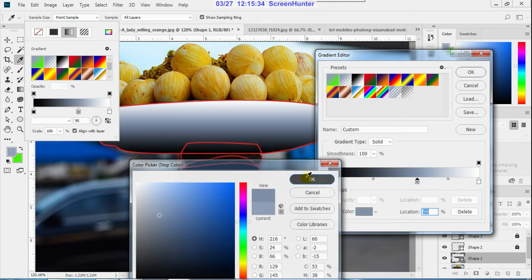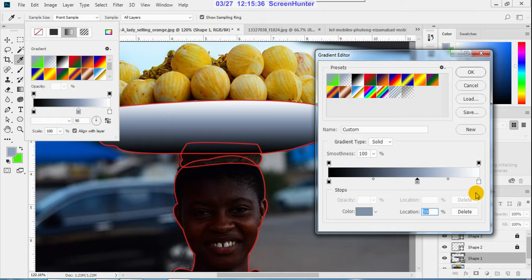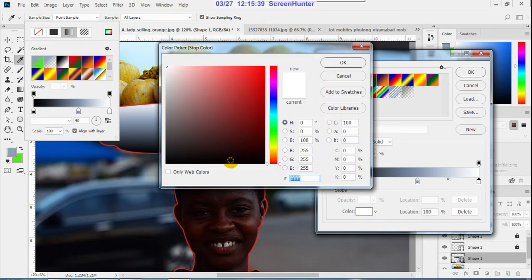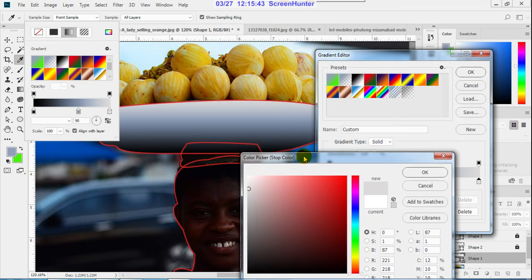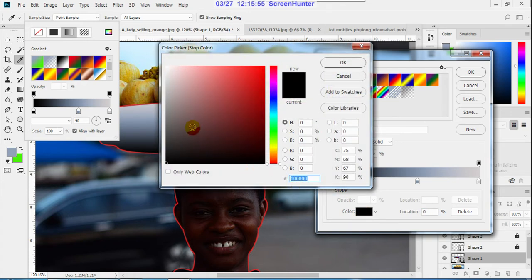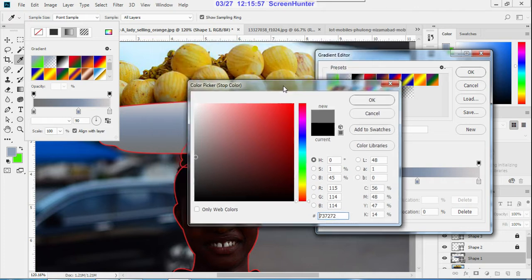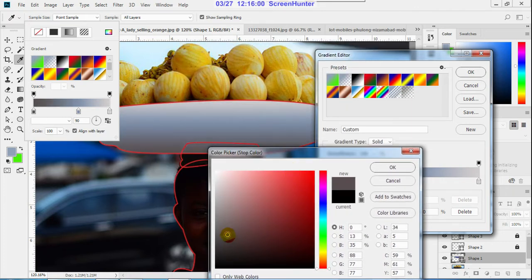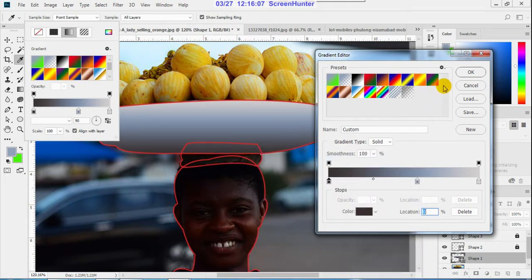Okay, and instead of this complete white, I'm going to give a bit of grayish. Yes. Okay, and then instead of complete full black, here I'm giving a bit of shade of that color. Yes. Okay, so